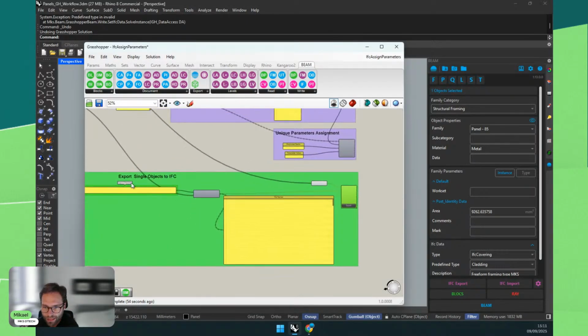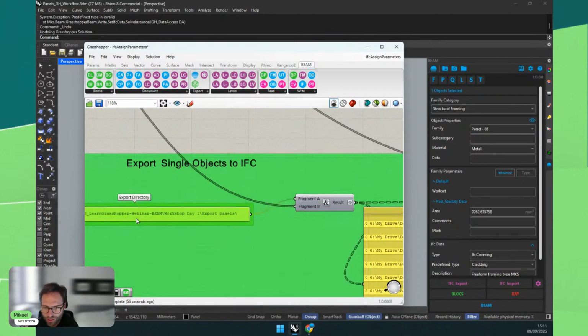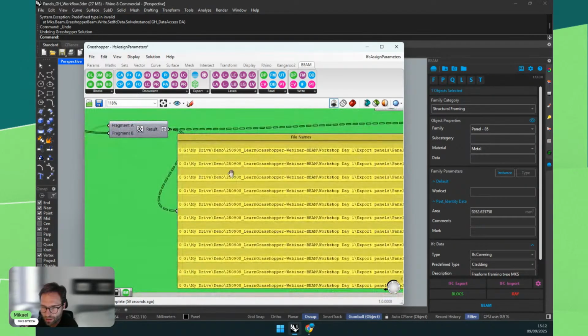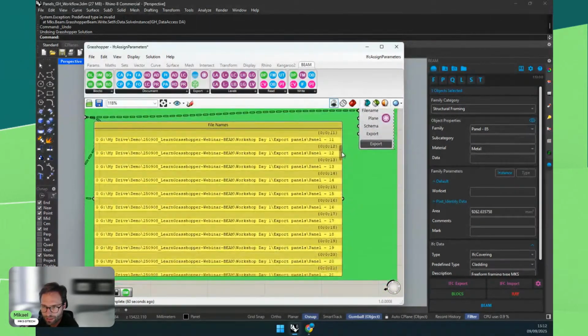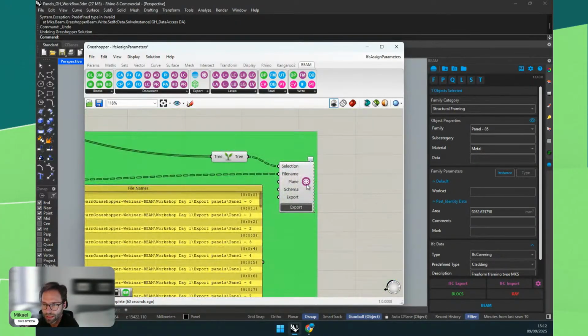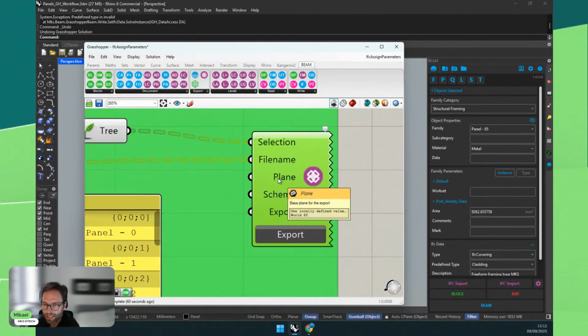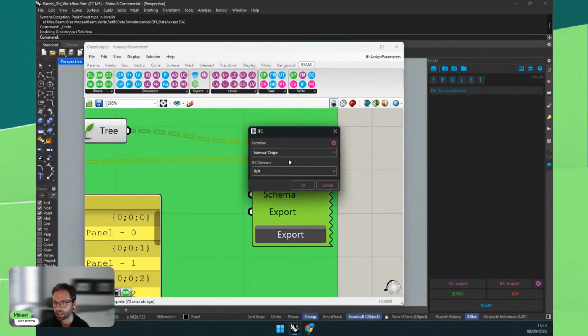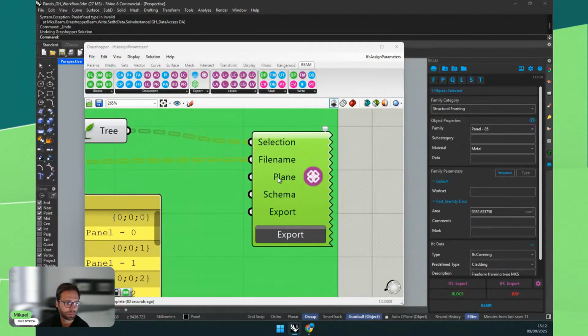Then we have created for each panel a path for an IFC. Okay, so you can export all of them individually. That's what we want to do. And then we can select a plane, and this will be like using the C plane. Okay, so you can put any plane, and these will be used as an origin. So similar to when you export, you can select these. In this case, it will create a plane in Grasshopper, and it will use that as your origin. If you leave it as it is, it will be the world 0.